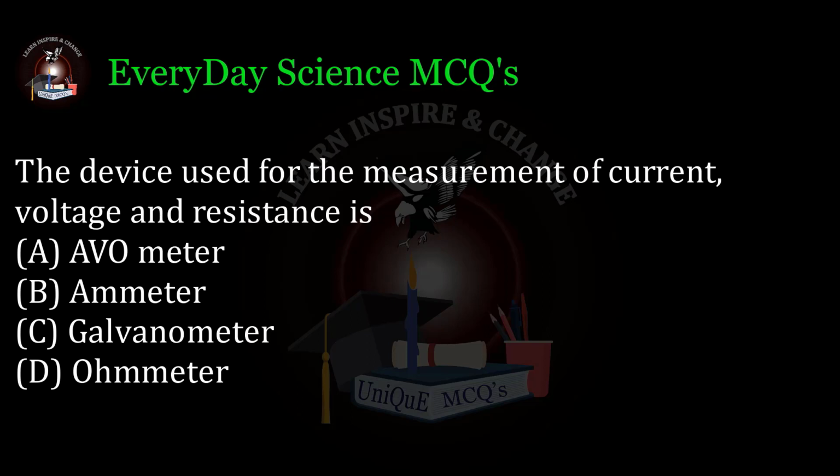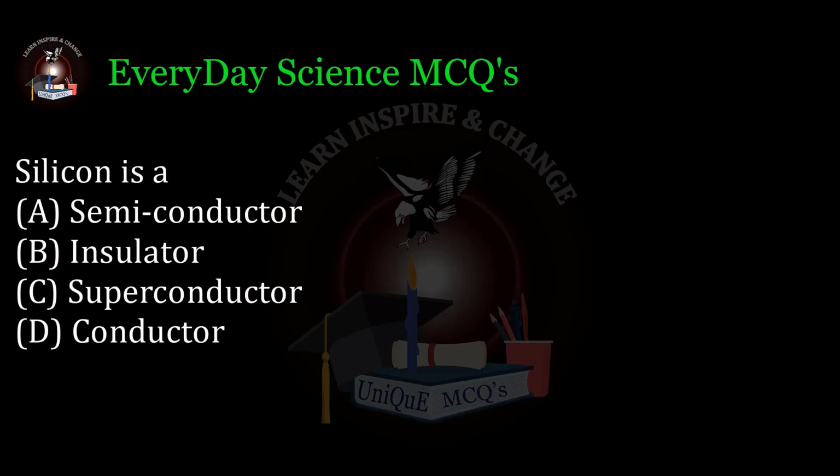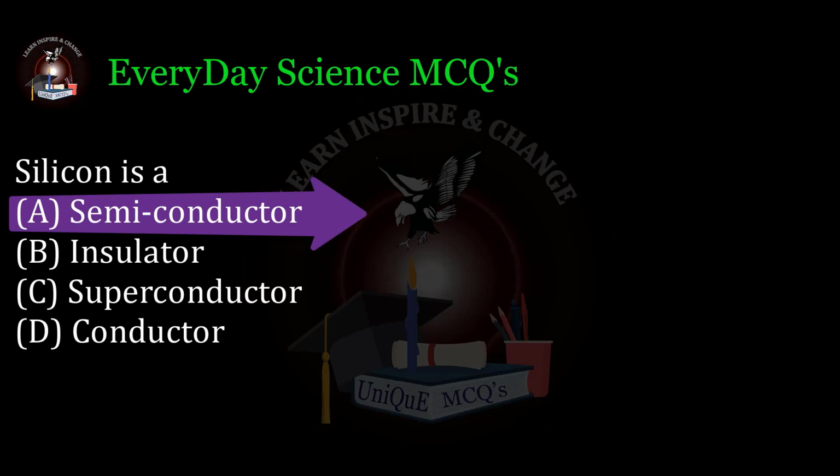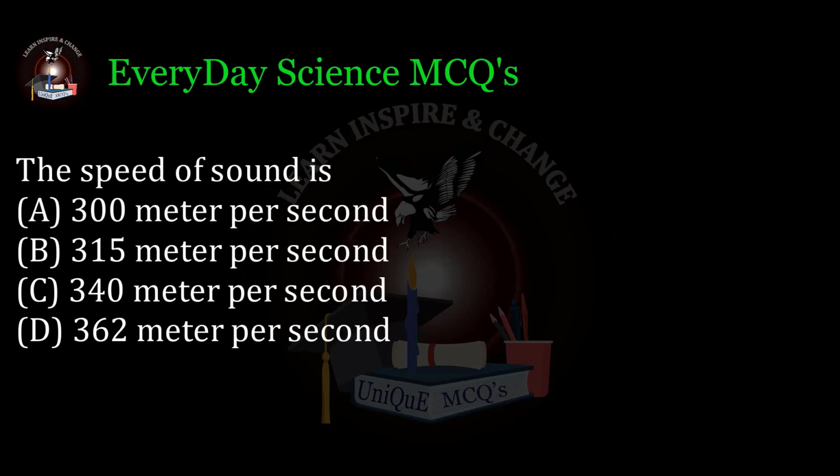A. Avometer, B. Ammeter, C. Galvanometer, D. Ohmmeter. Correct answer A. Silicon is A. Semiconductor, B. Insulator, C. Superconductor, D. Conductor. Correct answer A. The speed of sound is